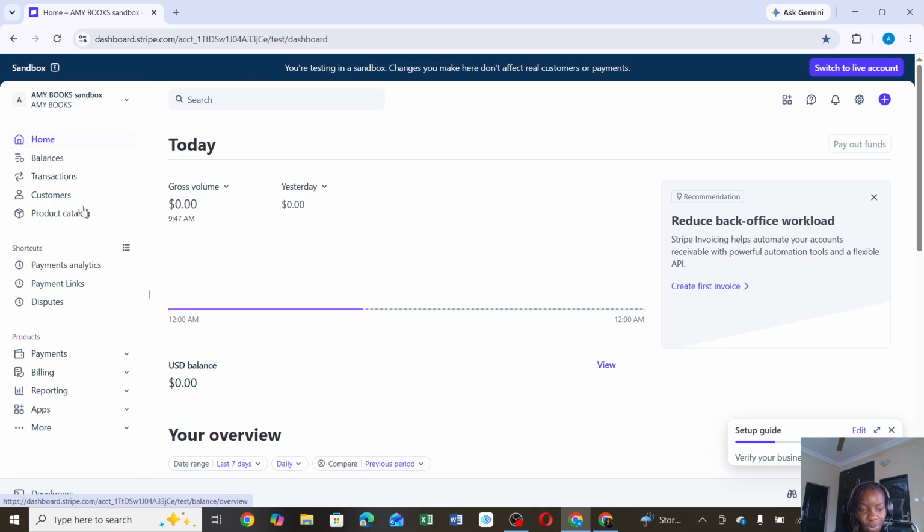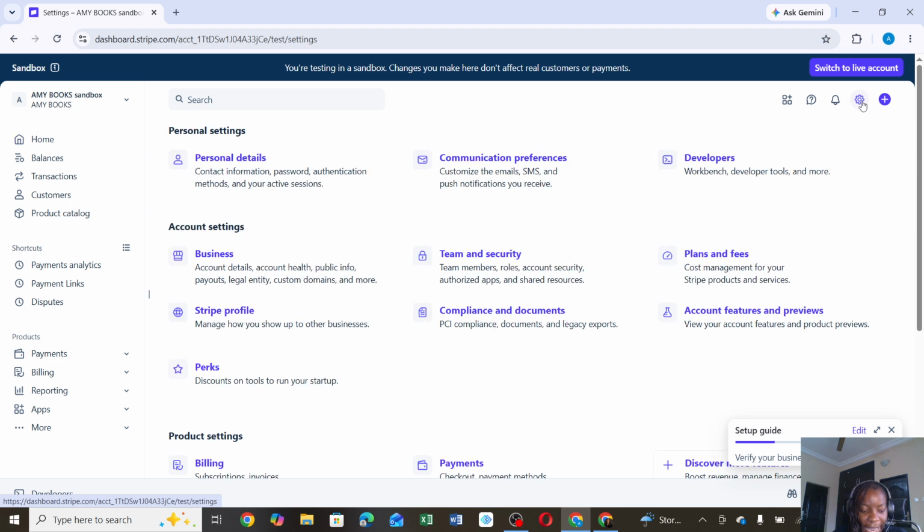So from the dashboard, just go ahead and click on settings, the settings icon, which is in the top right corner. Now remember, for you to get your actions live, you have to click on switch to live account. If not, if you're in sandbox, it means you're just testing. So just click on the settings icon at the top right corner of your screen and it's going to take